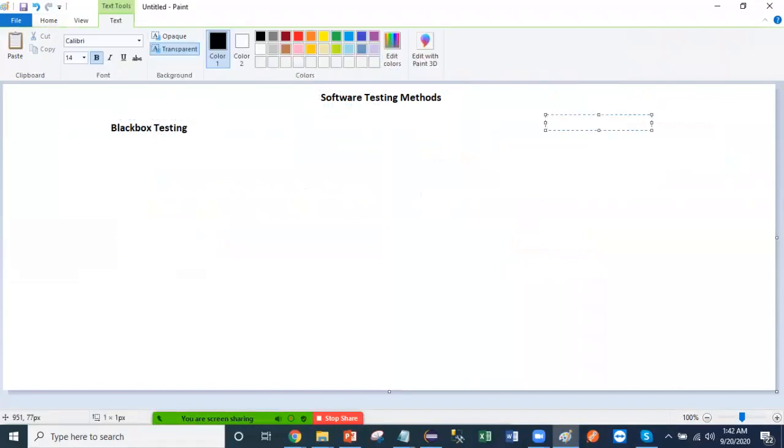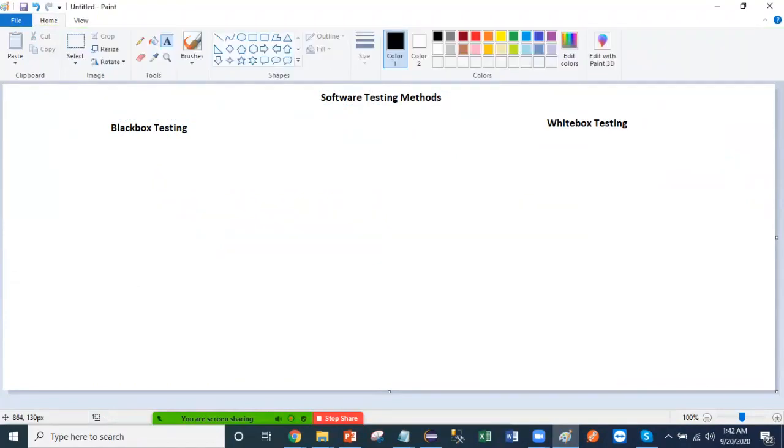So black box testing, it sounds like everything is black, right? That means you do not have the knowledge of the application and you are doing the testing. Everything is black to you. You got my point. This is how you can assume what black box testing means. You are not aware of how the application is going to work, but you know what data you need to send as an input, and you need to record the expected output. That's it.